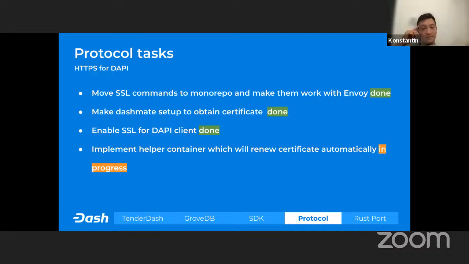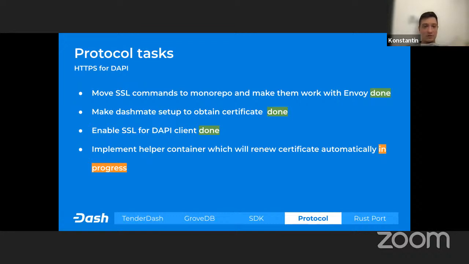So my name is Kostya and I'm a platform software developer. As you probably know from our previous reviews, we started implementing SSL support in the platform. As you probably know, the browsers are trying to move from HTTP to HTTPS for security reasons.